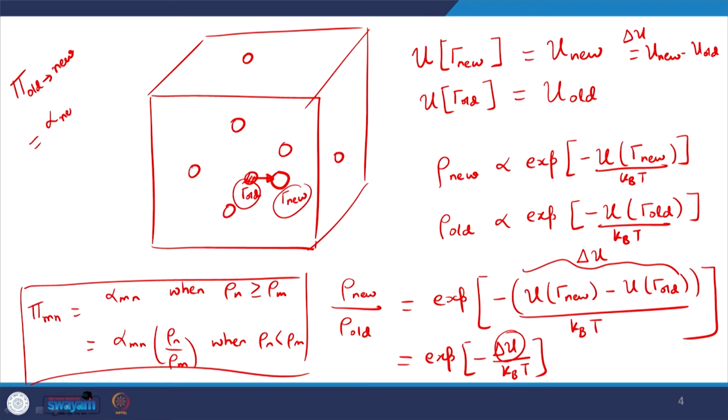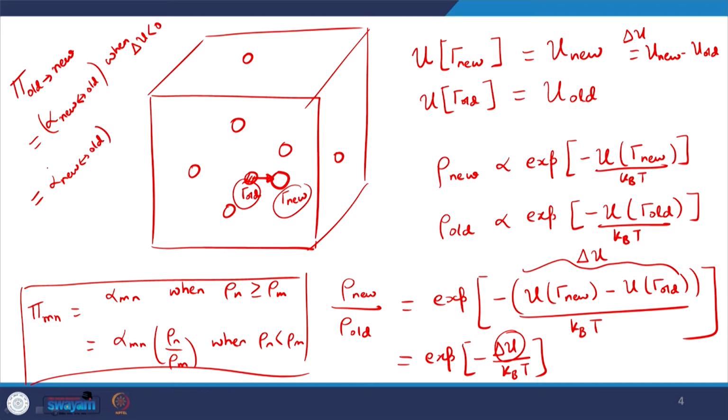So, it is alpha new to old or old to new, whatever you want to write, and that is why I put a double arrow, keeping in mind that alpha is the same either way. This is when delta u is less than 0, and otherwise this is alpha